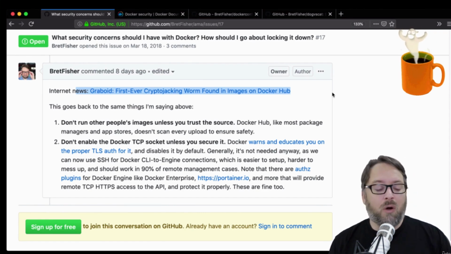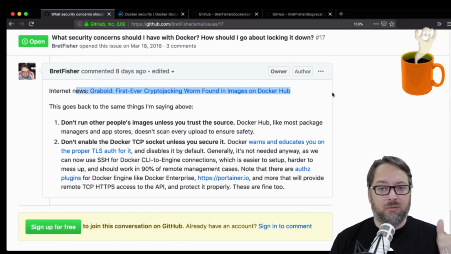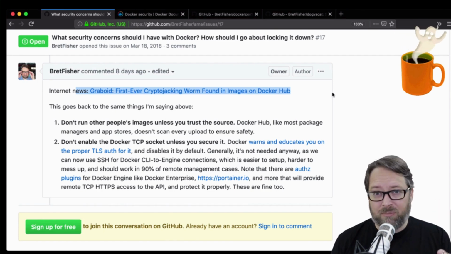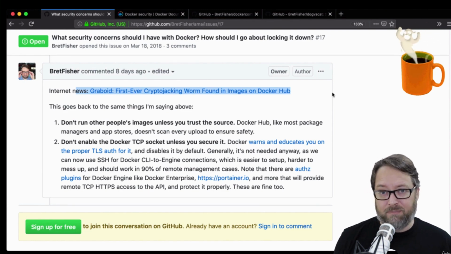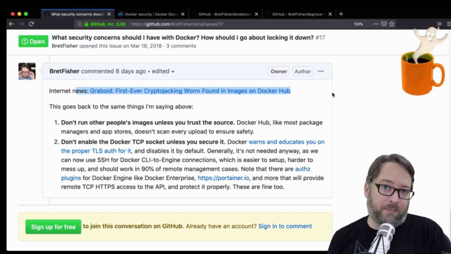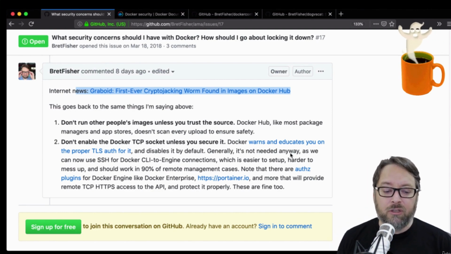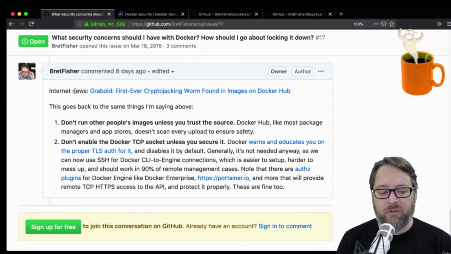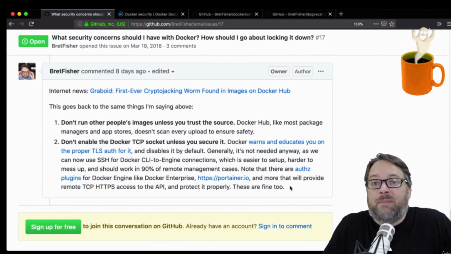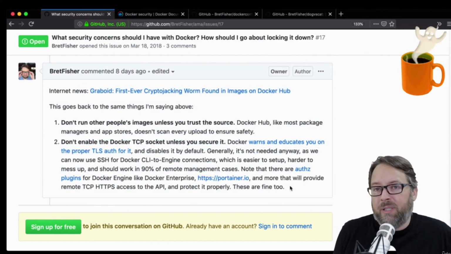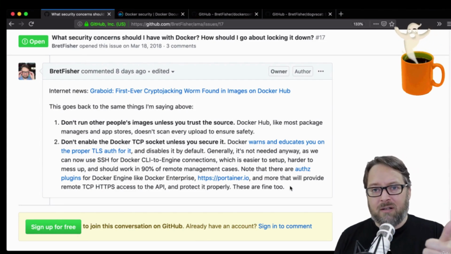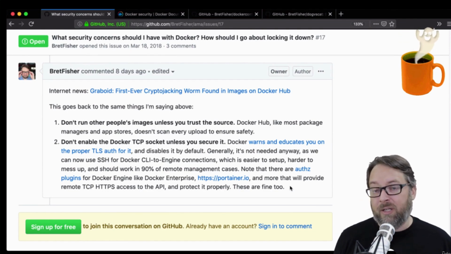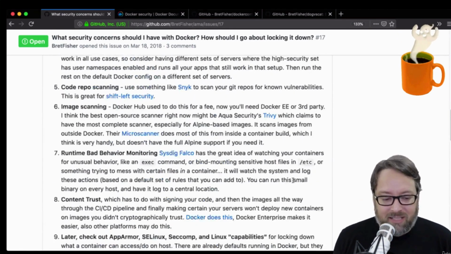Only run official images or those that you absolutely trust, meaning the vendor's staking their relationship with you on that image. You don't necessarily have to scan the image with every line of code, but you're using reputable products from reputable companies, right? If you're doing that, this whole recent news thing that made a bunch of headlines doesn't even matter. It wasn't a vulnerability in Docker. It was people configuring Docker by disabling security that was in the box, and then going and downloading random software and images. So of course they're going to have problems, right?